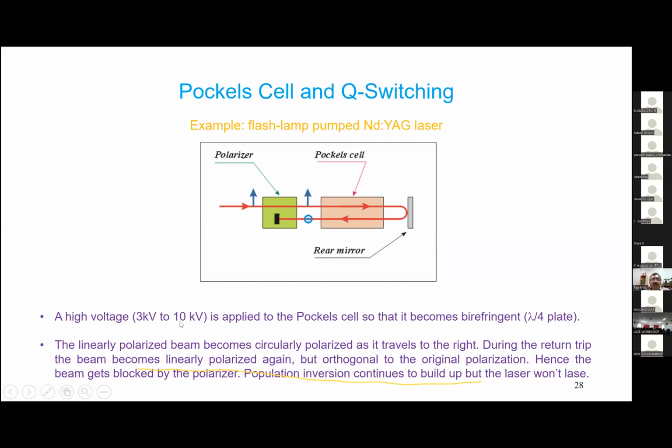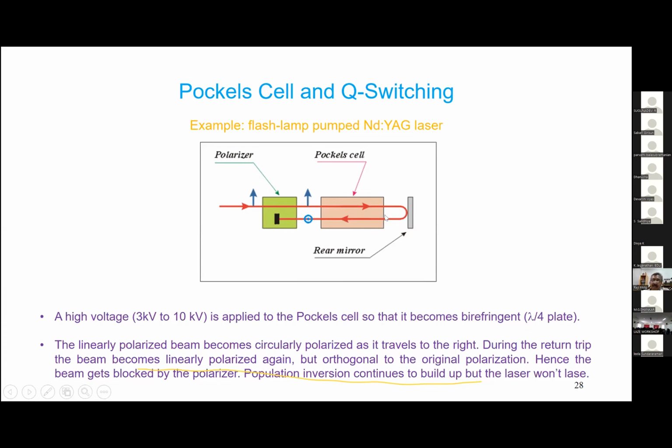When a voltage is applied to the Pockels cell, it becomes birefringent. This voltage is applied at the right time, because timing is very important in pulse lasers. When it is applied, the linearly polarized beam becomes circularly polarized as it travels in one direction. When it comes back, it becomes linearly polarized again, but now the orientation has changed. If this one was in the plane of the paper, now this is perpendicular to the paper. So this beam will not be passed by the polarizer. It will be blocked. So as long as you keep a voltage on the Pockels cell, lasing is not possible